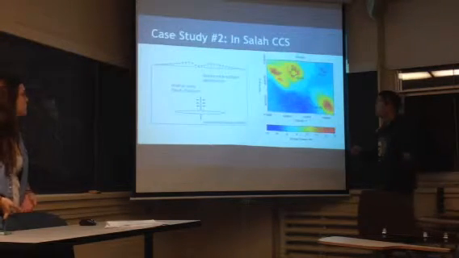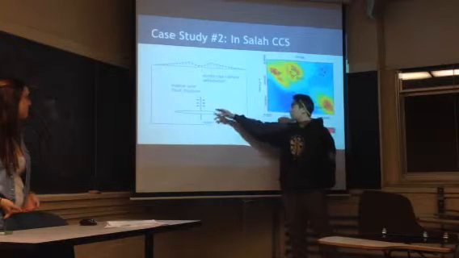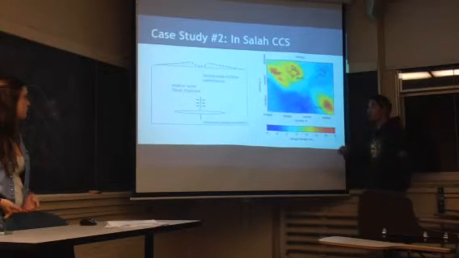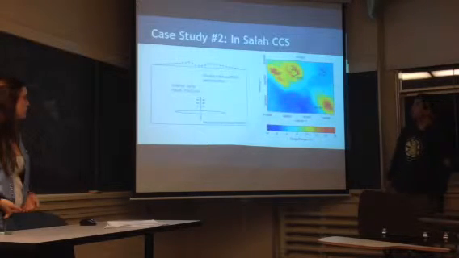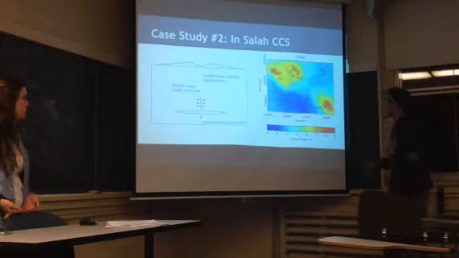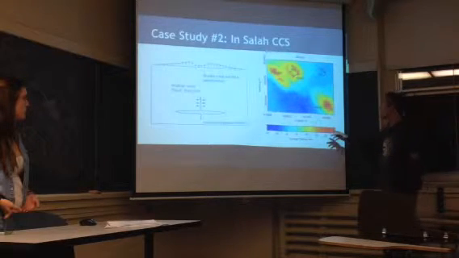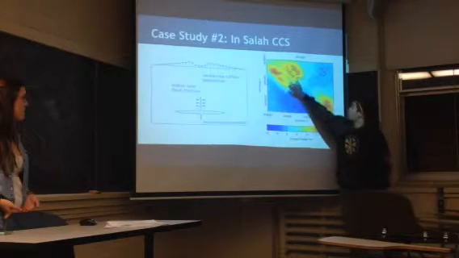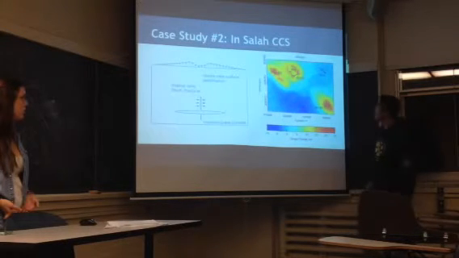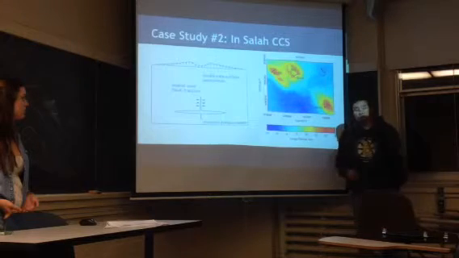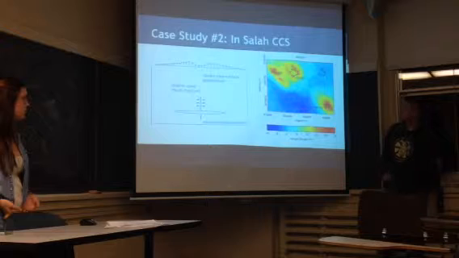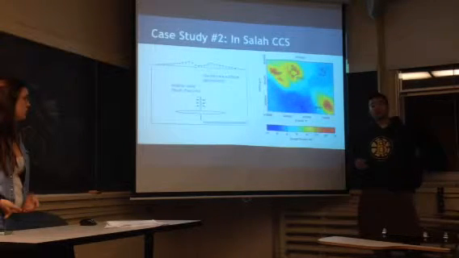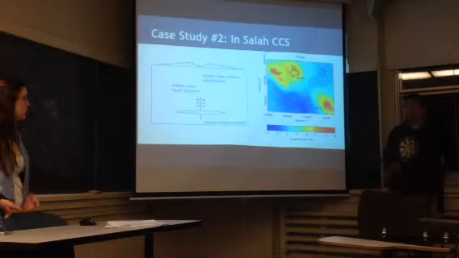As you can see, the vertical hydraulic fracture right here pushed material out to the side and also formed a double lobe surface deformation. This can be seen in the InSAR image right here, where the double lobe surface deformation can be seen through InSAR. So the conclusion of this case study is that the CO2 migrated into the lower cap rock caused by hydraulic